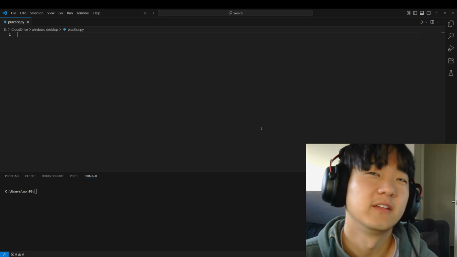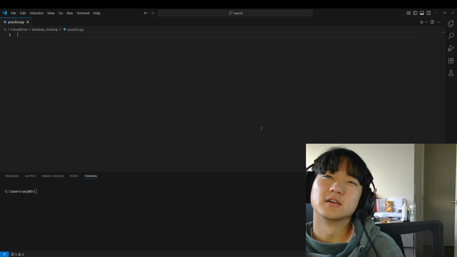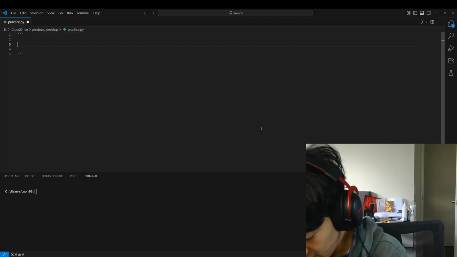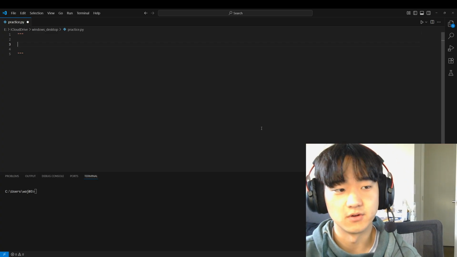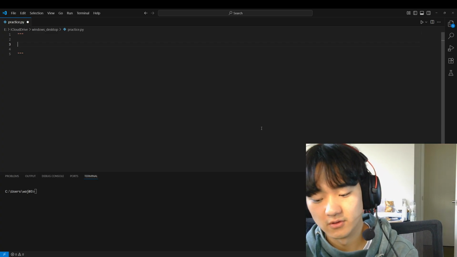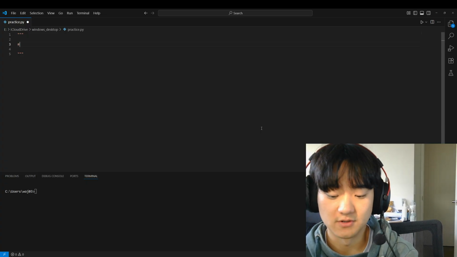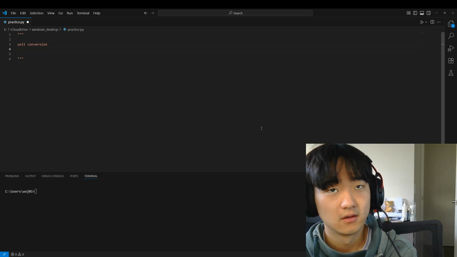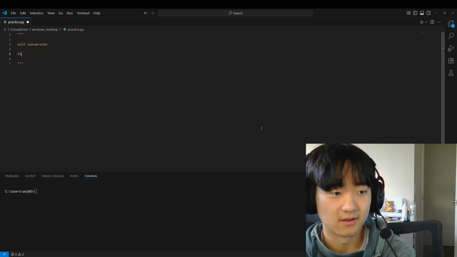Cool. Now that we've done that, let's try to create a currency conversion one. This is the one that we saw online, but I think it's good to go over and talk about this again. So a unit conversion. We're going to do a unit conversion. Let's say there are some facts such as